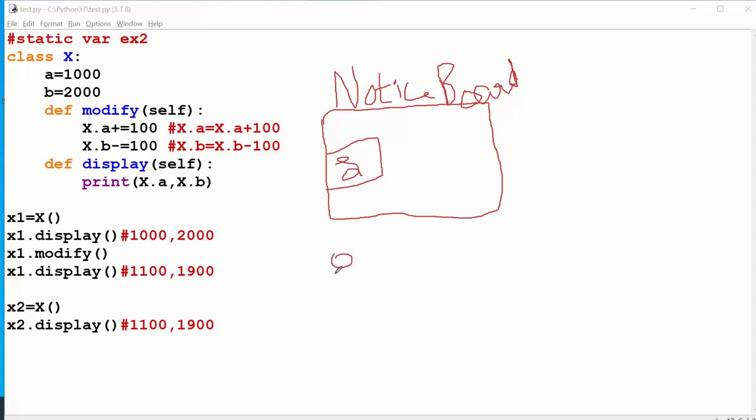Okay, so one of your friends is entering the classroom, and she saw the Sachin Tendulkar photo on the notice board. So what she has done is, she has erased this, and she kept another pic of Virat Kohli. She likes Virat Kohli, so she pasted the Virat Kohli photo on the notice board.